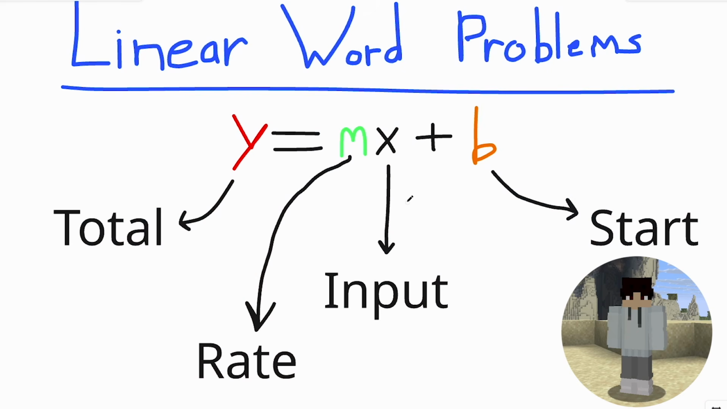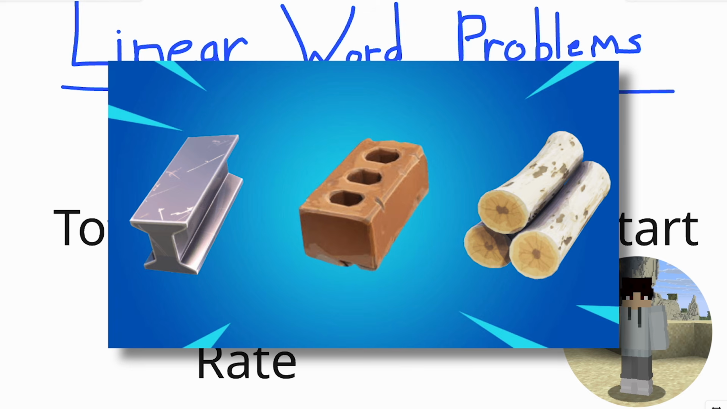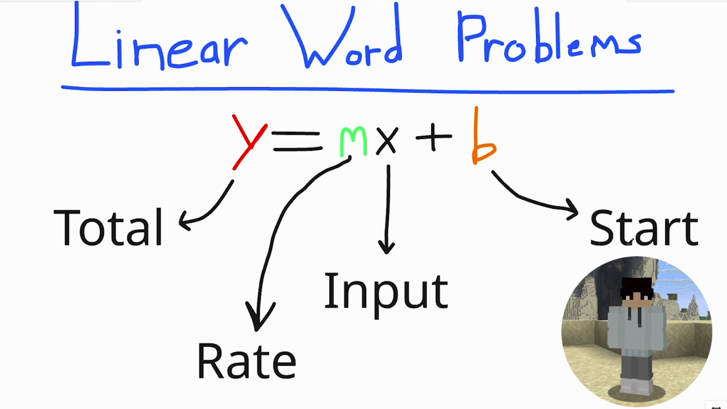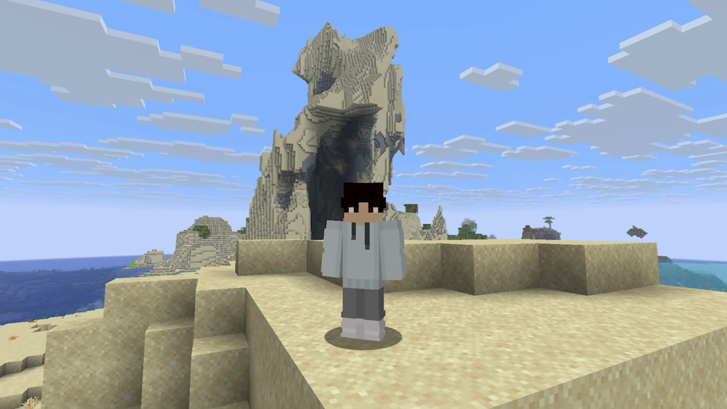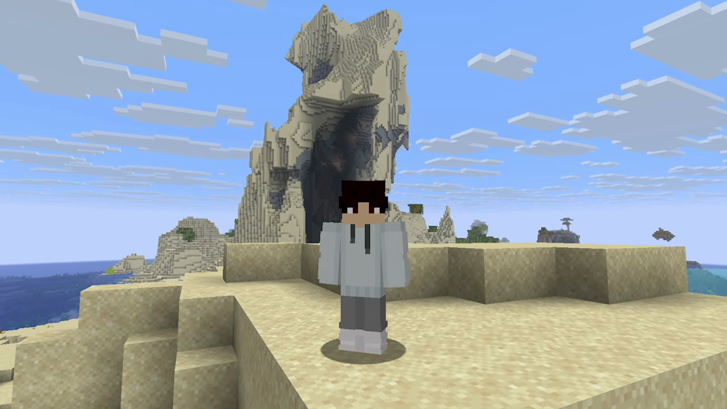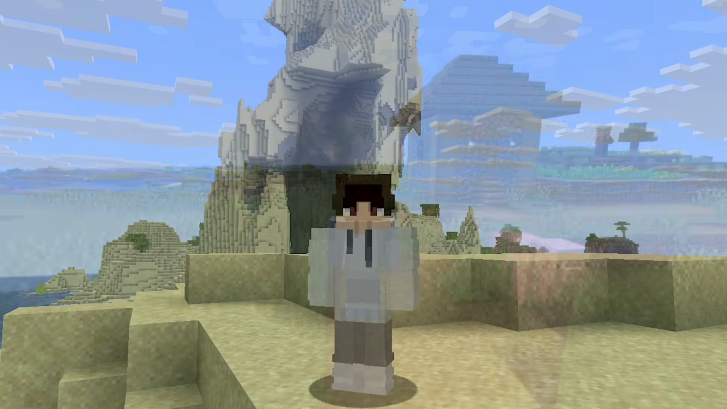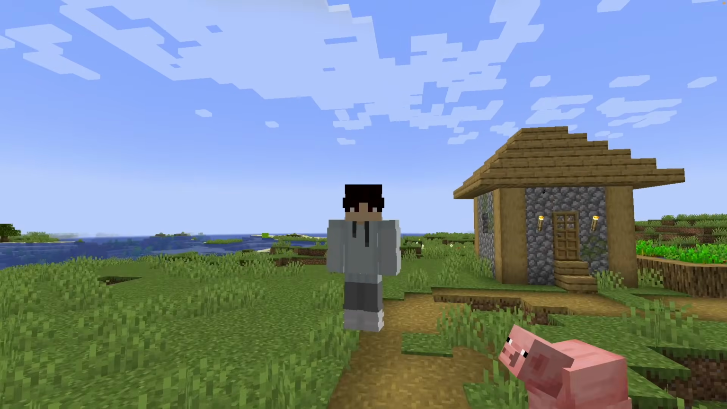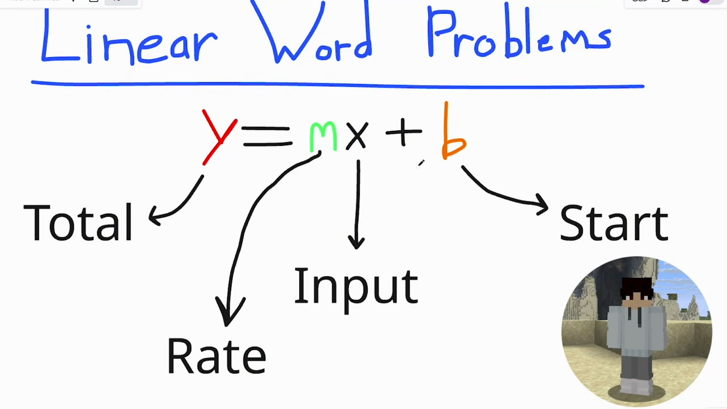X is the input. It's basically the amount of things you're putting in. So maybe it's the amount of items you're buying. And then finally, B is the start value. This is the amount that the total will be if X is equal to 0. So if you're buying nothing additional, if you're not doing anything else, this is just the straight up amount you'll have. But I know this probably makes absolutely no sense without an example, so let me actually show you one